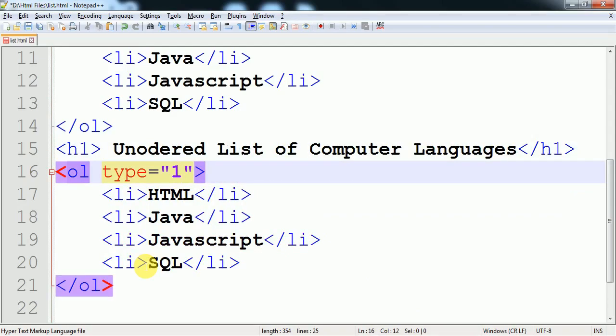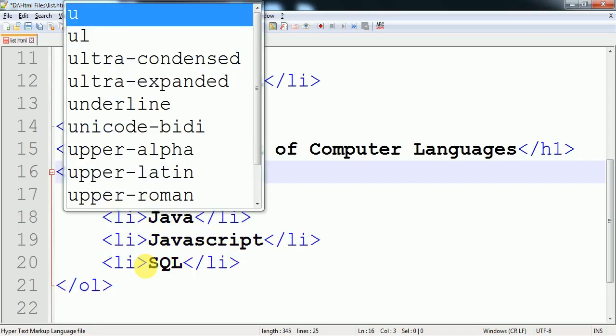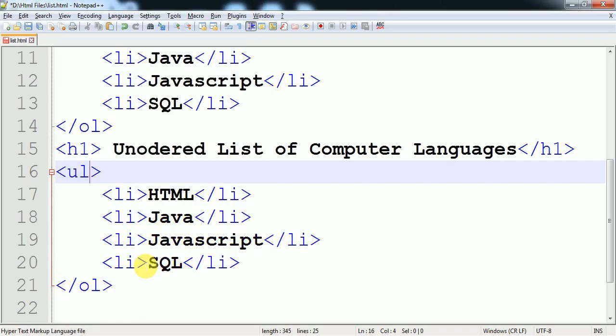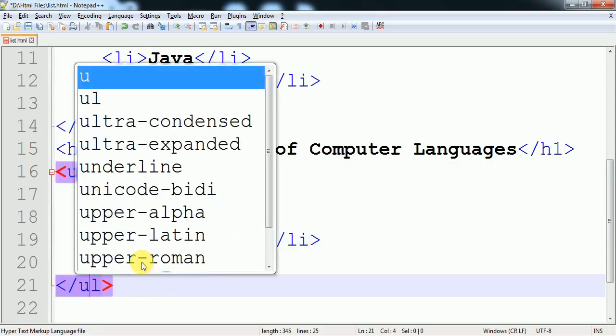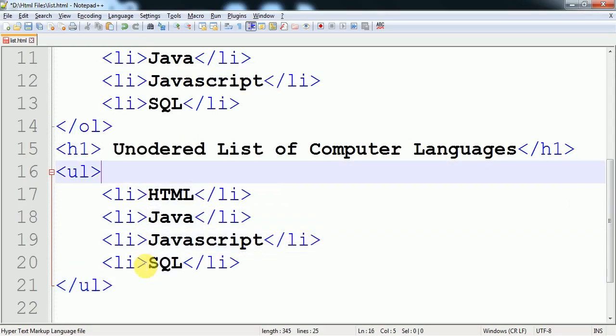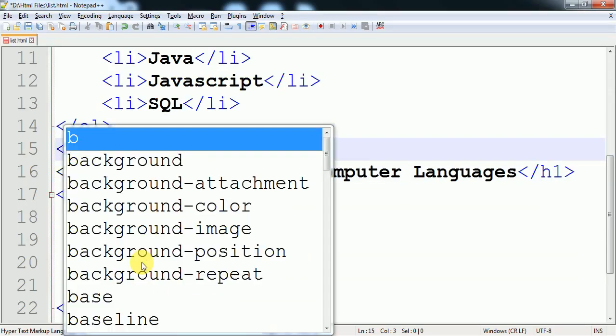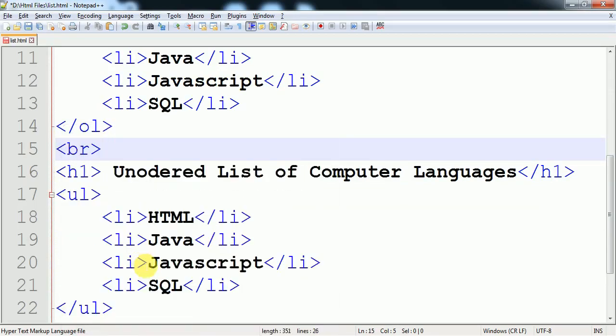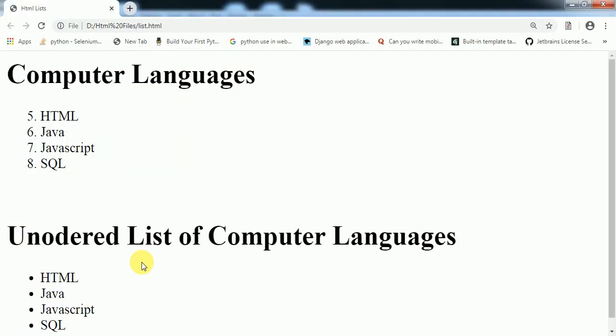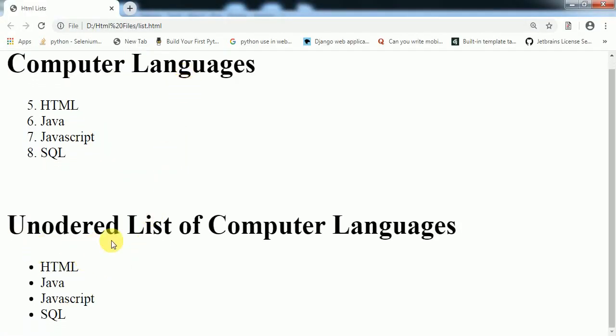The start attribute is not there, because for an unordered list we use the UL tag. Instead of OL, which is for an ordered list, the unordered list uses the UL tag. The rest is the same. Now see what happened to the list. We make some changes here, that BR I specify to break the row. So here we see what is there. It is an unordered list of computer items, and you can see that a disk symbol is there.